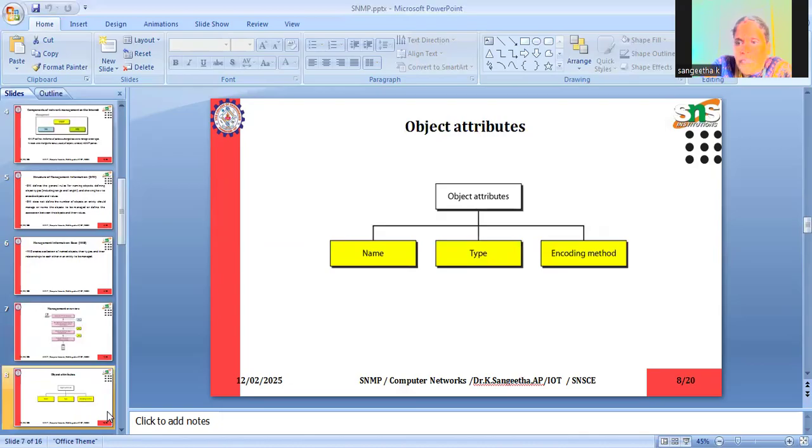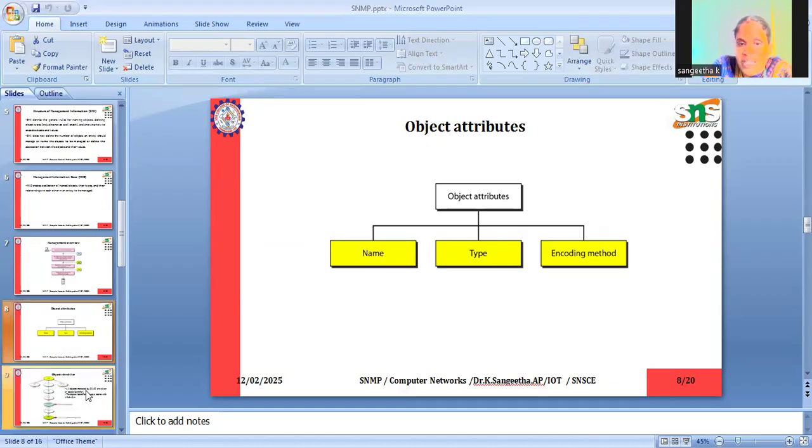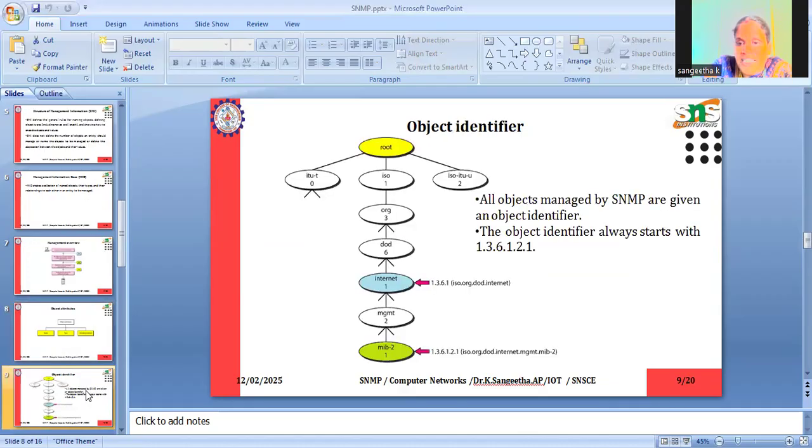The object attributes are classified into three: name, type, and encoding method. Each object will have these three pieces of information. All the objects in SNMP are given identifiers from the root to the bottom. For example, iso.org.dod.internet.management is identified like this from top to bottom, and from the bottom to top it will be identified like this.